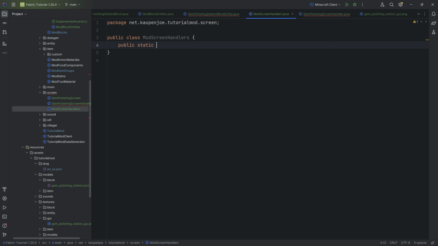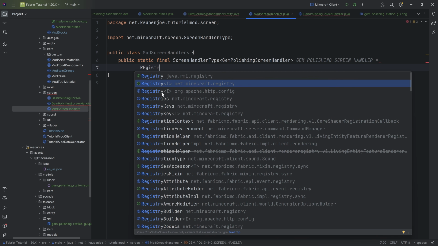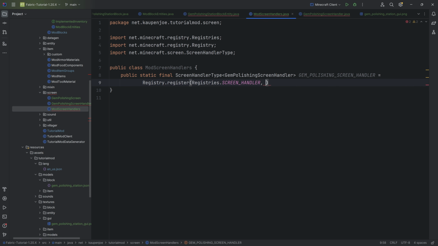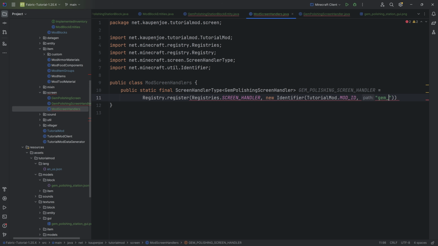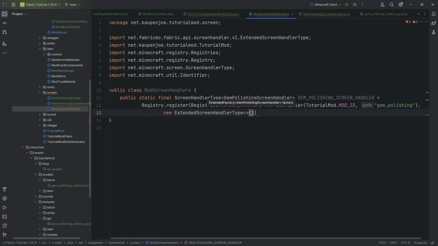So this is going to be the public static final ScreenHandlerType of type GemPolishingScreenHandler. This is the GEM_POLISHING_SCREEN_HANDLER equal to Registry, making sure we once again choose net.minecraft.registry, very important. Registry.register, Registries.SCREEN_HANDLER with a new Identifier right here, TutorialMod.MOD_ID and then the gem_polishing. After the first closing parentheses, a new ExtendedScreenHandlerType, passing in GemPolishingScreenHandler::new. And then of course, once again, a public static void registerScreenHandlers,